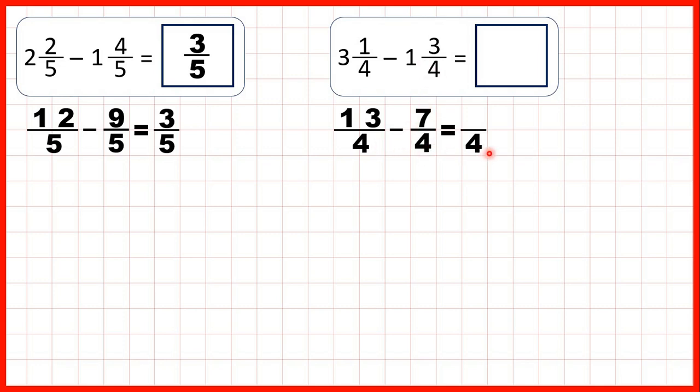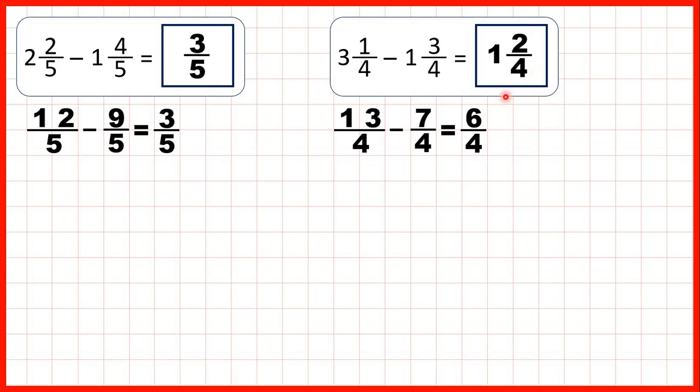Now we keep the denominator the same in our answer, and 13 minus 7 is 6, so as an improper fraction, our answer is 6/4. We can change that back into a mixed number by dividing 6 by 4, so dividing the numerator by the denominator. 6 divided by 4 is 1 remainder 2, so that's 1 2/4 as our answer. 1 times 4 is 4, and then we need 2 more to get to 6, so 6/4 is 1 2/4